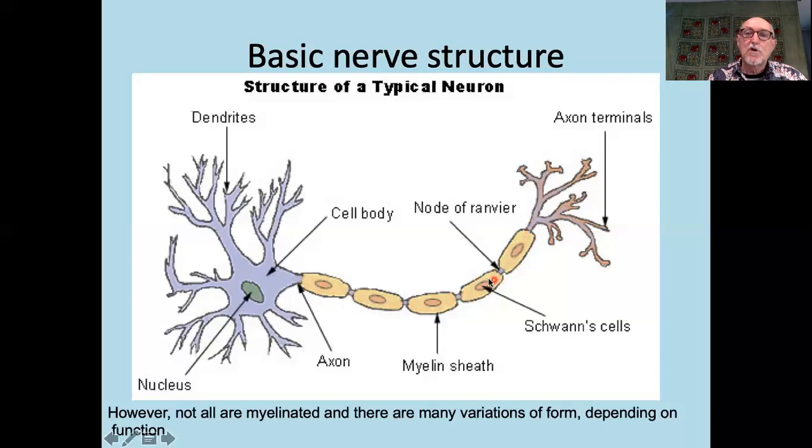These here are called Schwann cells, and they contain a substance called myelin. And myelin is a lipid, and it's a very, very good insulator of this nerve axon that's running through here. So the nerve impulse is going to run in this direction here. Now the nerve impulse